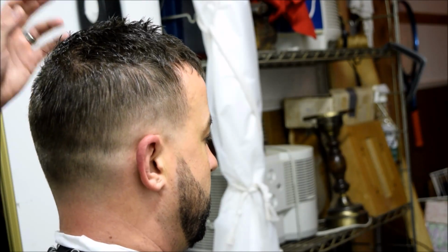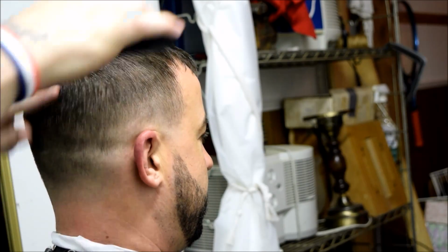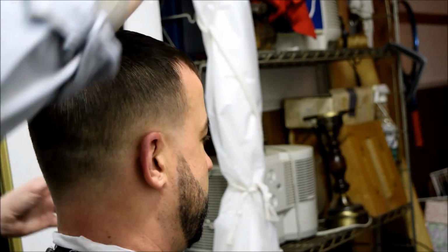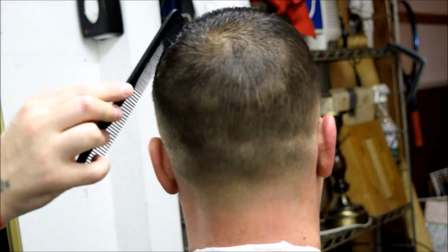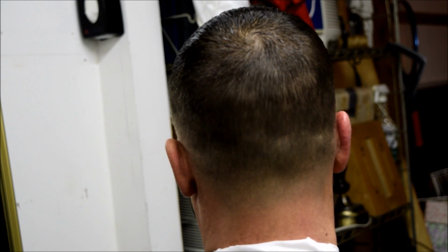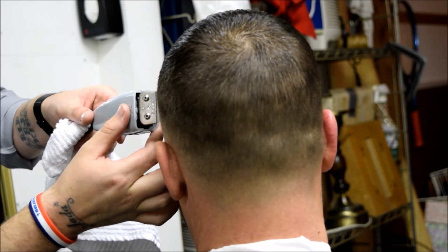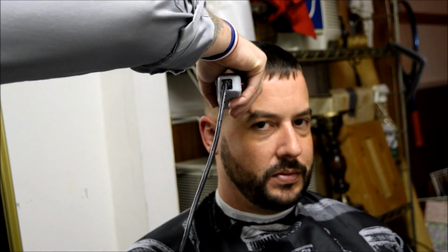Look at how it makes the fade stand out. It's a water-based pomade, so it works really well. But look at how you can comb the hair into place exactly where you want it to be. And I really feel like it adds on to the fade. That wet look for some haircuts is awesome. There's some cuts where they have matte clays and stuff that you can put the hair where you want it that won't necessarily make it look right. But I think for this haircut, this fade, and what we're doing here, the wet look looks good. I like the way that the pomade lays the hair down, and I feel like it enhances